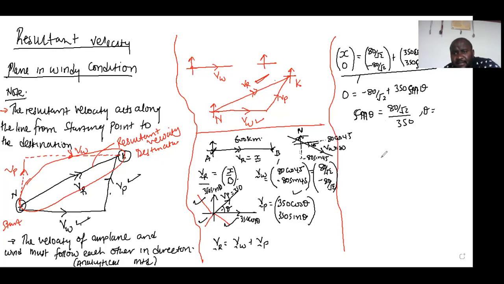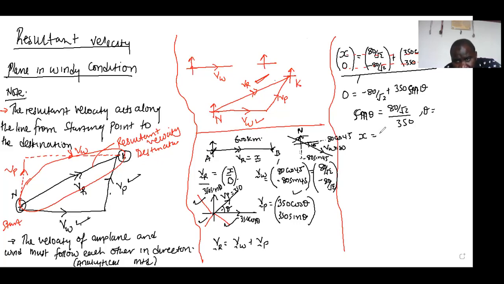Guys, have you seen that? It was supposed to be 350 cos theta. Let me erase it. And 350 sine theta. This time instead, I began with what? With sine. Cos theta, sine theta. So the whole of this line is equivalent. Likewise, the whole of this line can be written equivalent to each other by saying, if I write